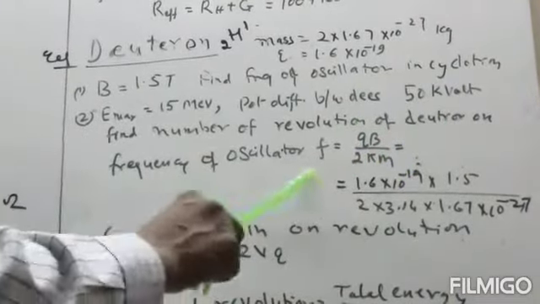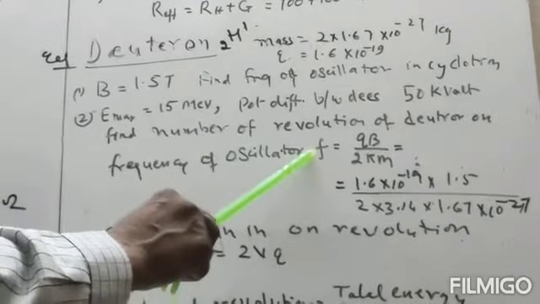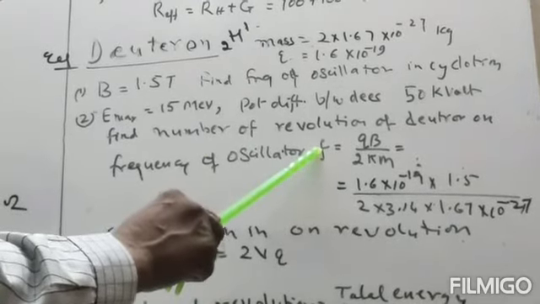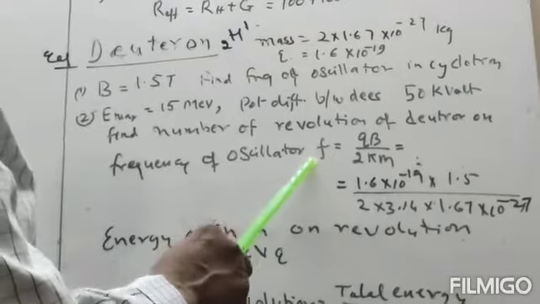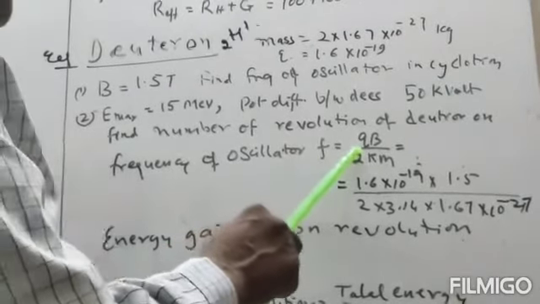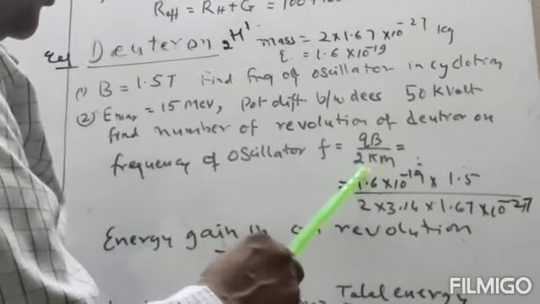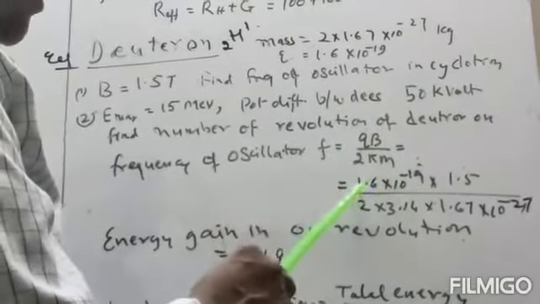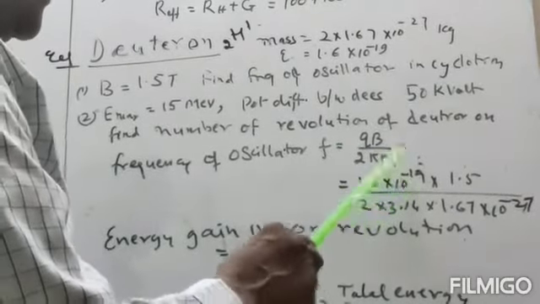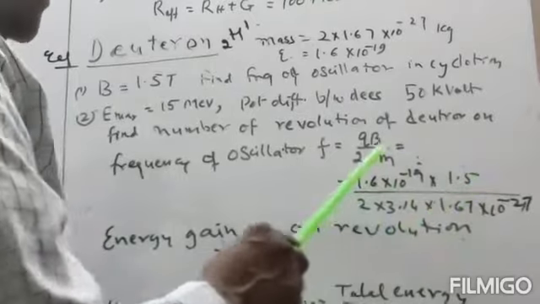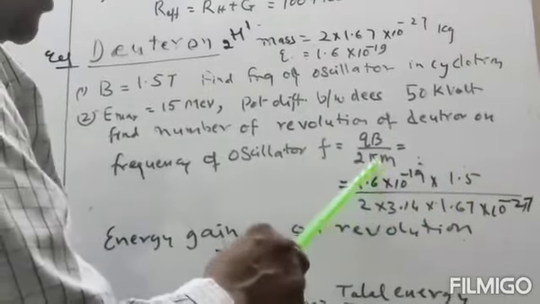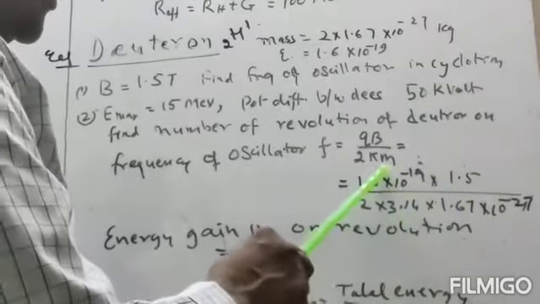So the frequency of the oscillator, as we have discussed earlier, will be equal to Q into B divided by 2 pi into M. Q is equal to 1.6 into 10 raised to minus 19, B is 1.5 Tesla, divided by 2 into pi, which is 3.14, into mass